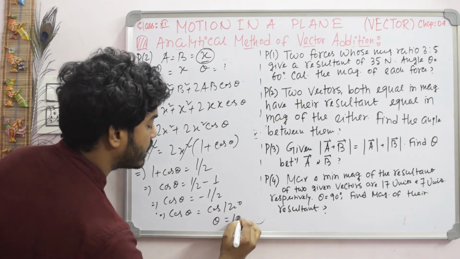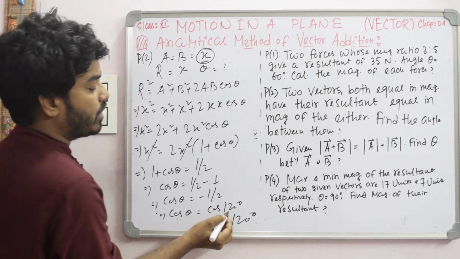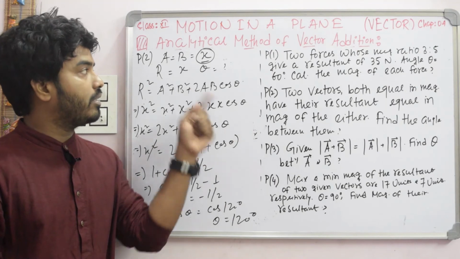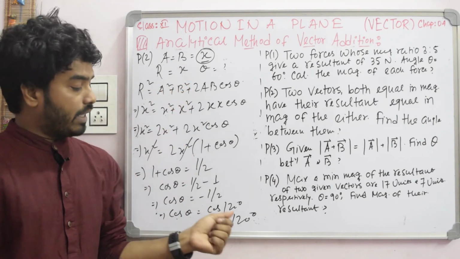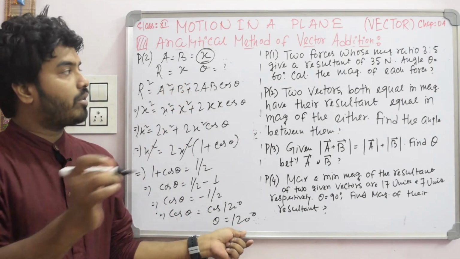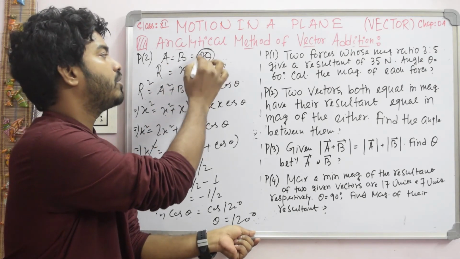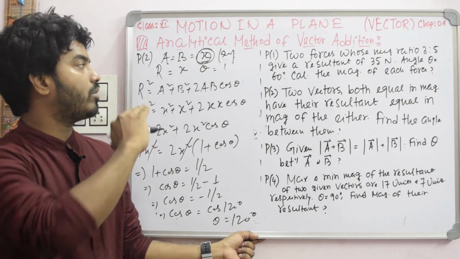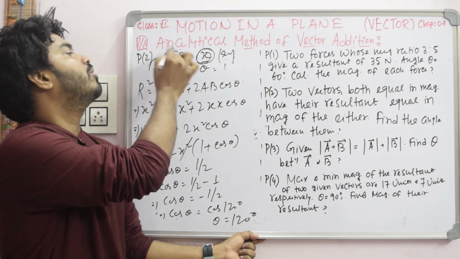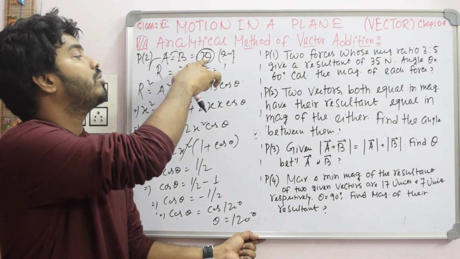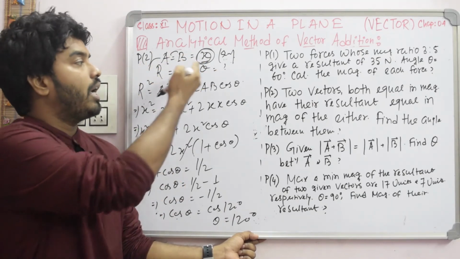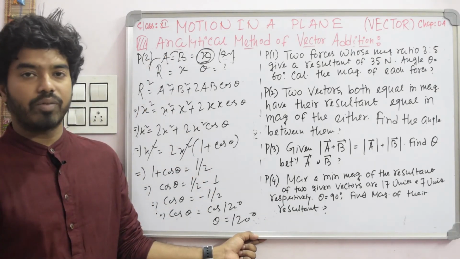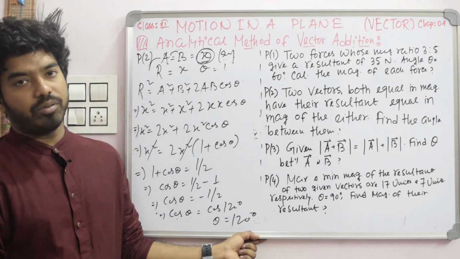So from here you can say cos theta is equal to cos 120, so theta is equal to 120. So the angle between two vectors, the angle between A and B vector, is 120 degrees. According to our problem, A and B are both equal in magnitude, so I consider this equal magnitude x, and the resultant also gives the magnitude of either A or B, and you know A or B is equal to x, so R is also equal to x, and then you have to find out theta. You just use this formula for finding the magnitude of two vectors.